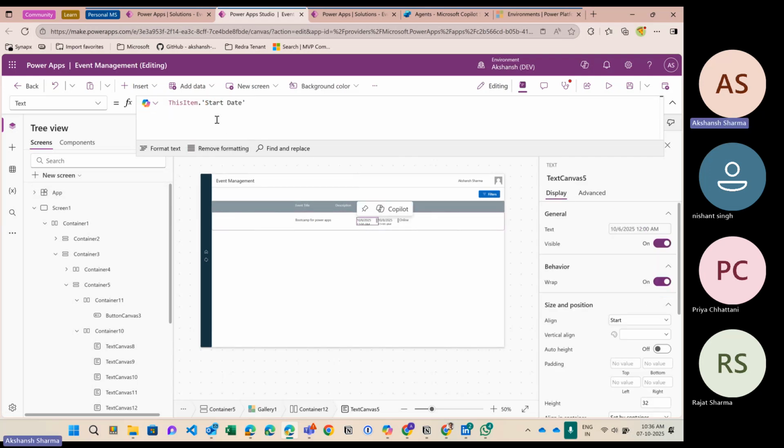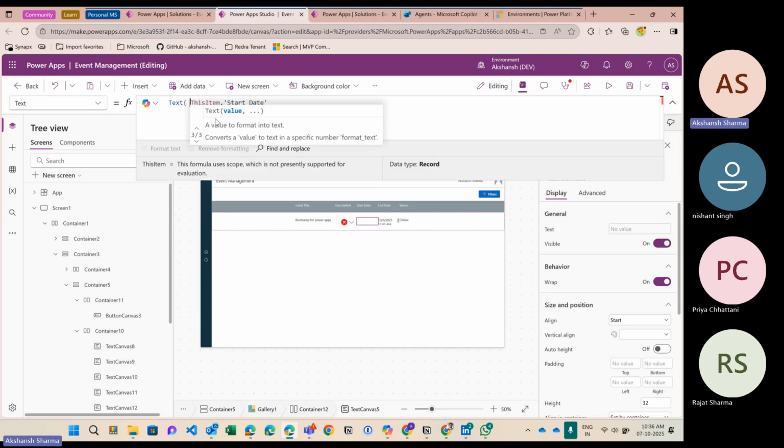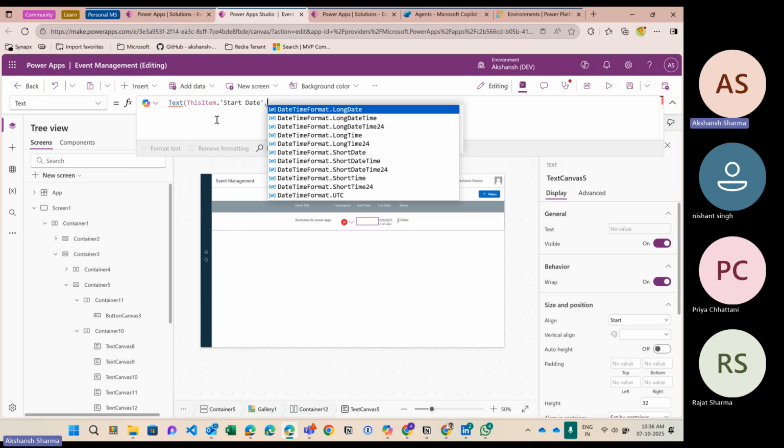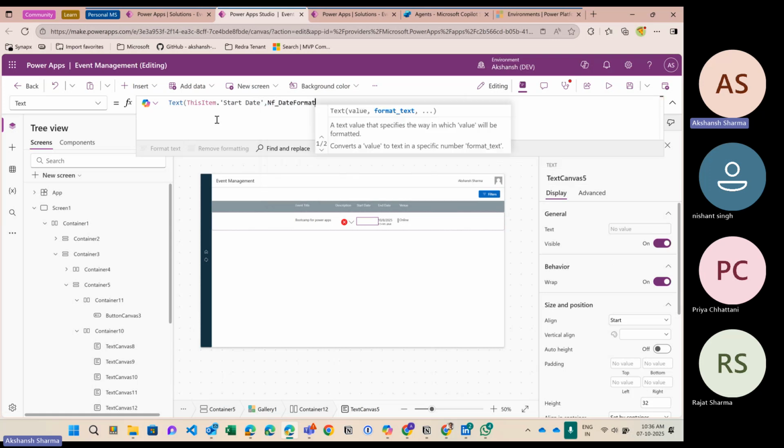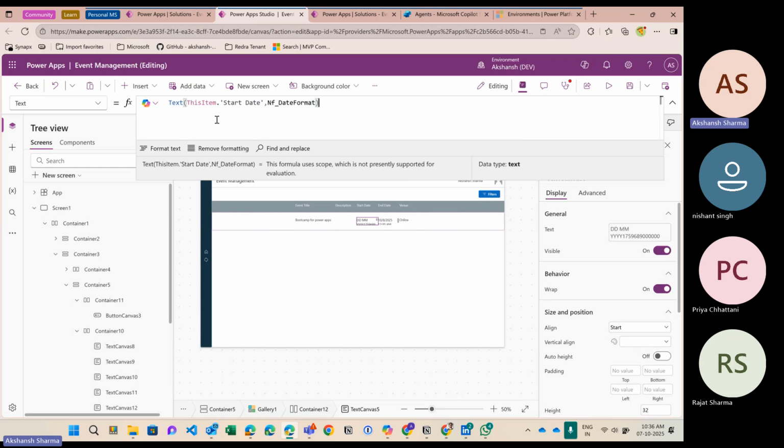Now we go here and we use another function called Text. The Text function allows you to format your text in any way. So our format would be NF date format, which we have just created,